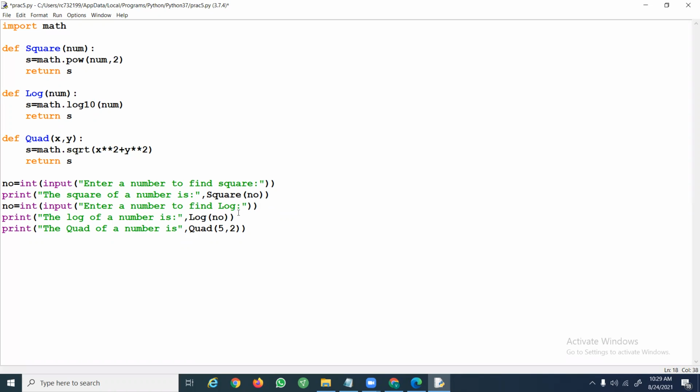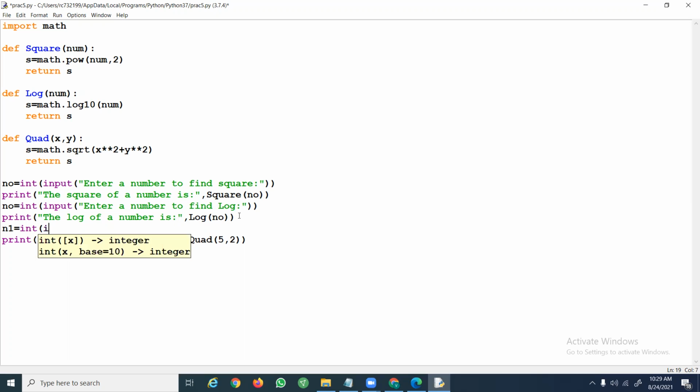Then to calculate the quad, you need 2 numbers, so you have to get 2 values. n1 is equal to int of input of, enter number 1, n2 is equal to int of input of, enter number 2.